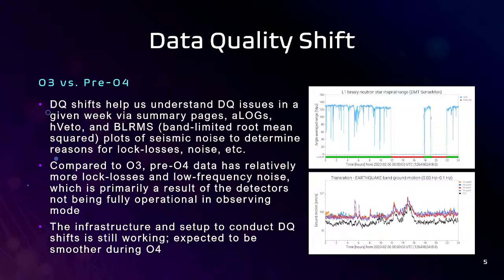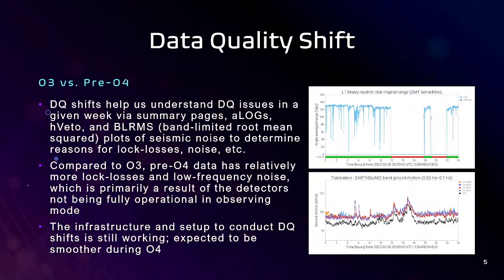Were the lock losses caused by something? What's causing any kind of low frequency noise that we see? And so compared to O3 data quality shifts and the information available for that, the pre-O4 data has relatively more lock losses and noise in general. And a lot of this is simply because the detectors aren't really up and running or fully operational in observing